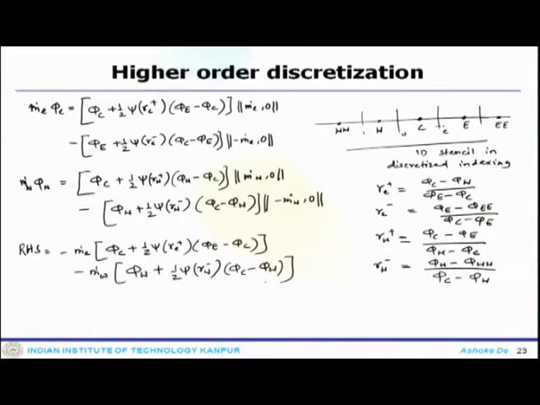Why does the continuity equation give m dot e plus m dot w equals 0? That means m dot w equals minus m dot e. So, that is from the continuity; one can get it from the mass conservation. Now, once we apply this, we can write the right hand side term as